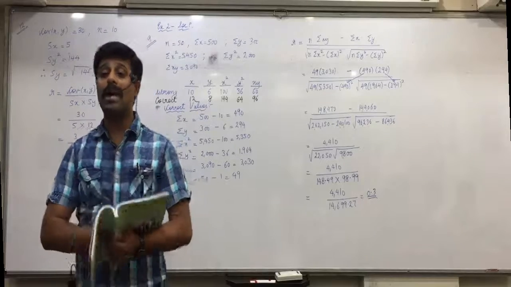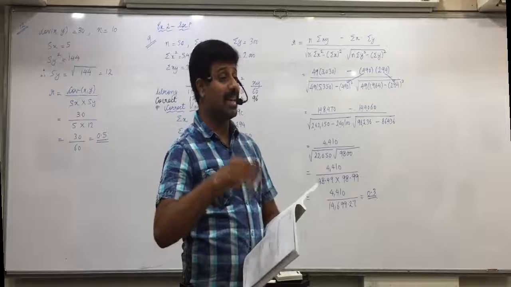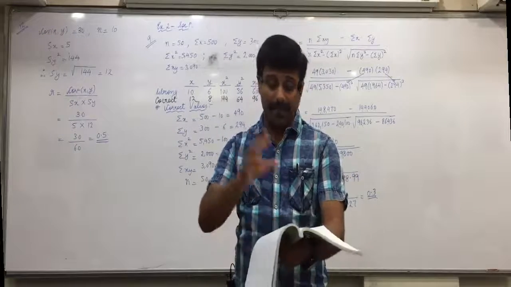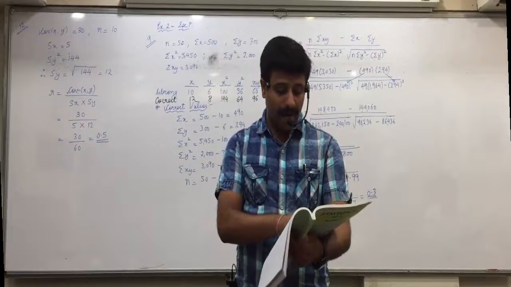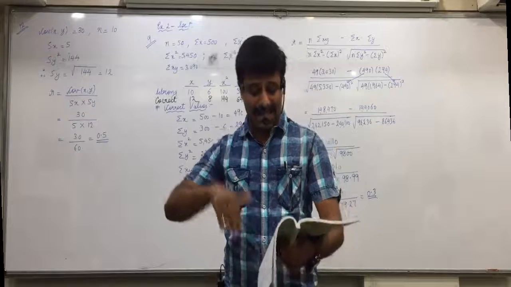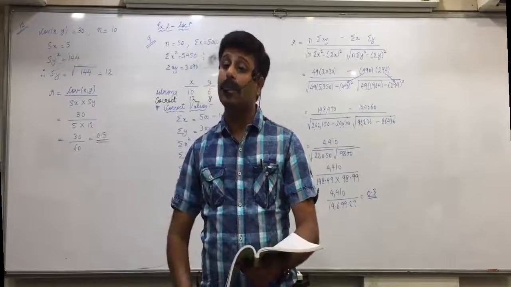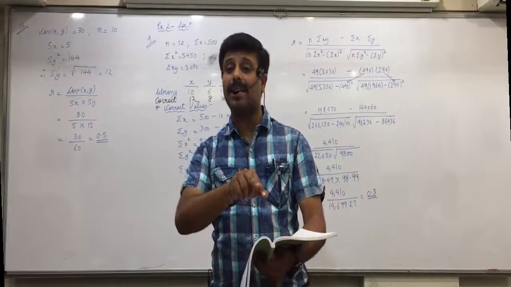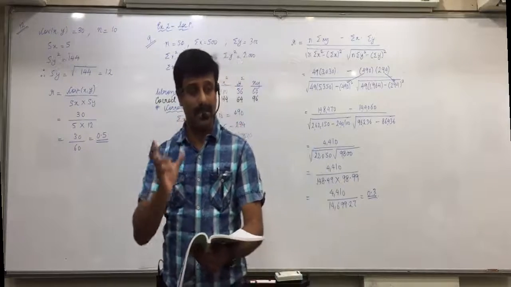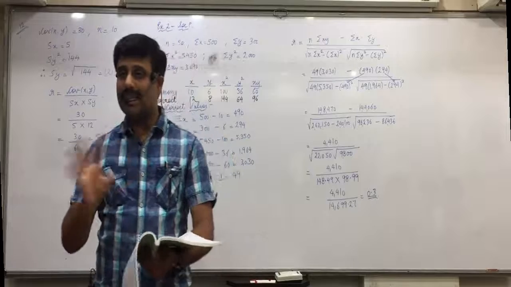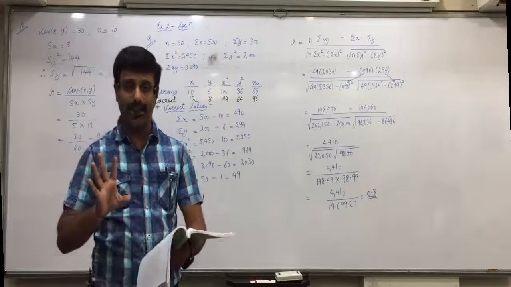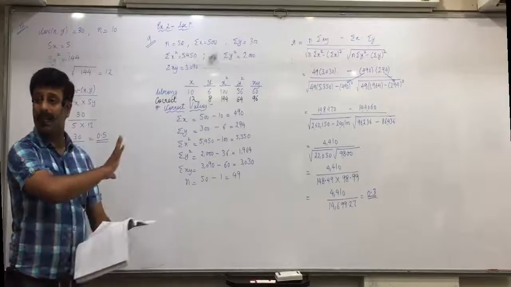Here also don't make a thumb rule that first is always wrong, second is always correct. Suppose I express the same question in this language form: later on it was found that one pair of observation 15-25 was taken as 13-20. Still 15-25 is correct and 13-20 is wrong. So understand the meaning of the sentence. It's not necessary that first is always wrong and second is always correct. Got it everyone? So will you be able to do this similar one?